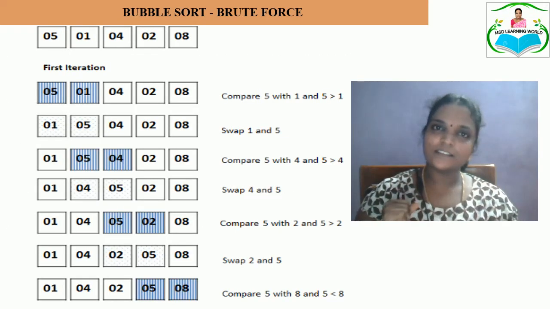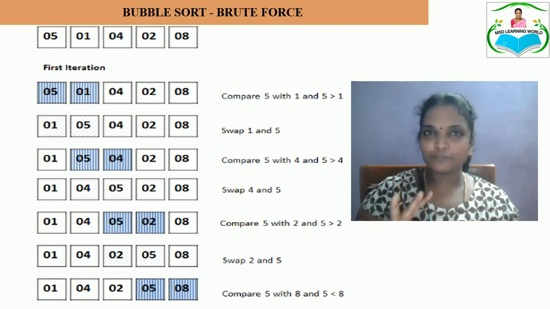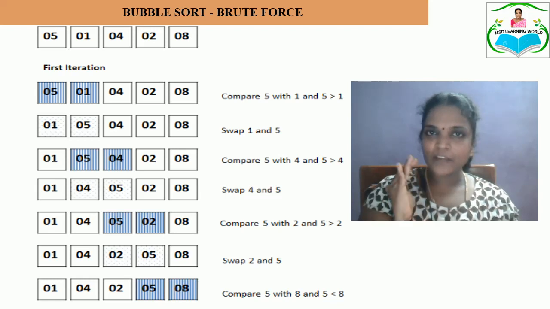Let us see an example of how the brute force method is used for performing bubble sort. Here in this example the 5 elements are 5, 1, 4, 2, 8. So now we are going to perform the first iteration by brute force. So 5 is compared with 1. Here the outcome of the sorting is ascending order. This is the first and the second element pairwise checking.